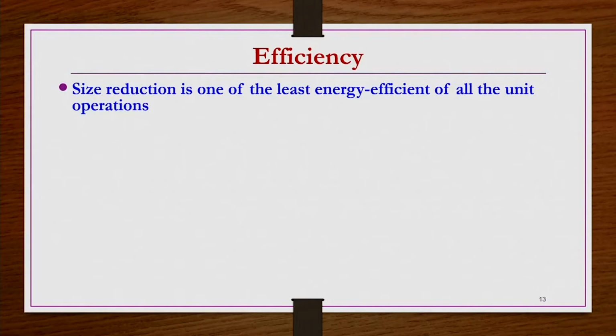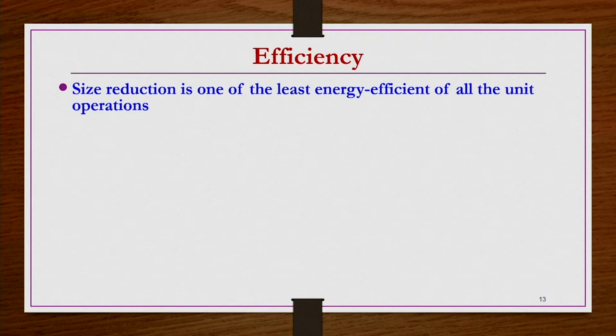So, whatever energy or power we supply for operating this equipment, not all of it is consumed by the particles so that they break. Only a fraction of that energy is utilized for the reduction of the solid particles, but the rest is not utilized. It is only for operating the equipment, so that has to be dissipated, and that is usually dissipated as heat. That is the reason in many size reduction operations, during or at the end of the operation, if one touches the surface of the equipment, one can clearly feel the temperature is much higher, the equipment becoming very hot. Efficiency. Size reduction is one of the least energy efficient of all the unit operations.